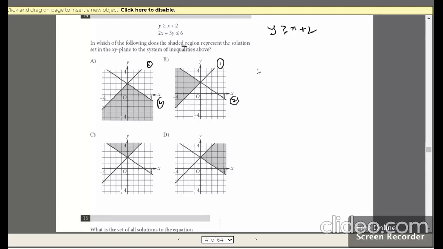So the two equations, 1 and 2, of both, whatever is given to us in all the choices that you can see. And this one, if I reduce it, y less than or equal to -2 over 3 x plus 2. So basically the intercept point, if you can see here in both, is +2. That's what is there. The only thing now we have to worry about is where the solution set can be, the shaded region. So the first one is greater than or equal to 2, definitely it will come over here in this region.